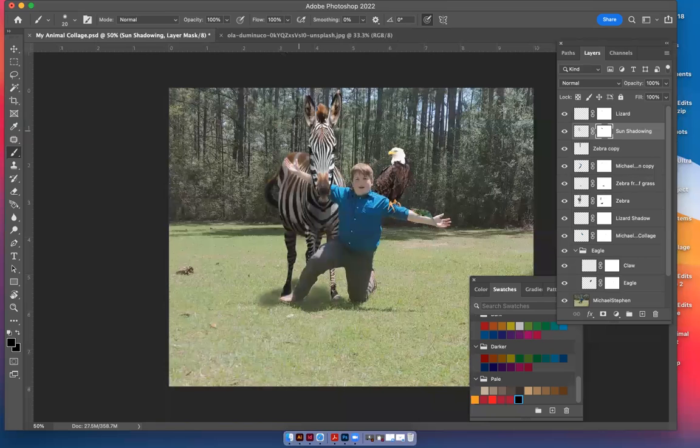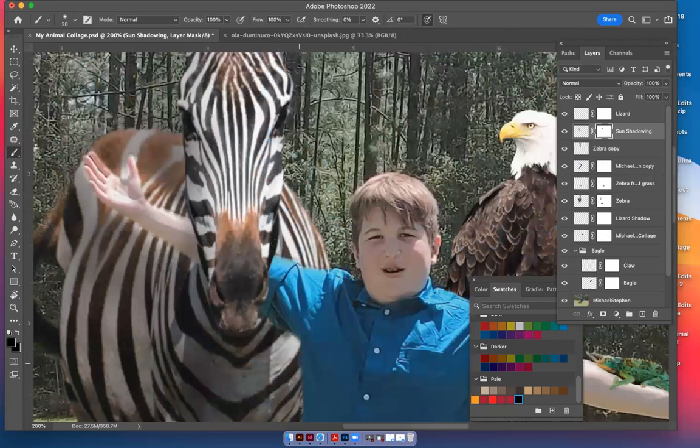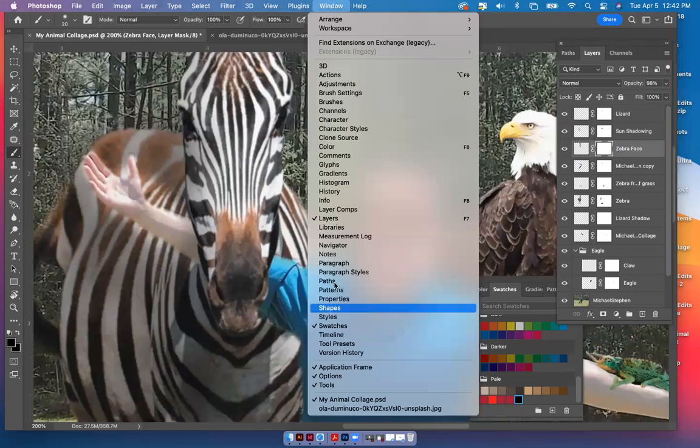All right, so there's the zebra. And zoom in and see if this is actually part of the neck. I think that's what's bothering me about that zebra face. So I'm going to name this zebra face instead of zebra copy. That way I'll know it's just the face. And I'm going to put a mask on here and I'm going to take off this black because that was part of the zebra body. And it's just a little bit of